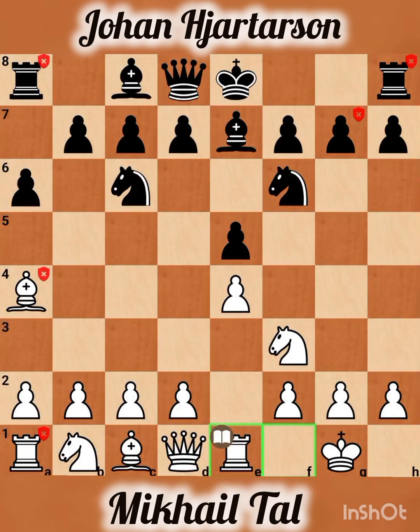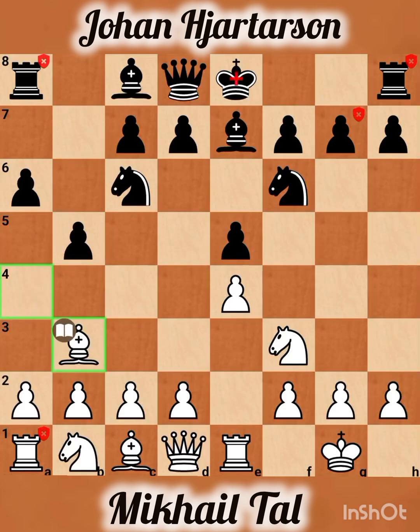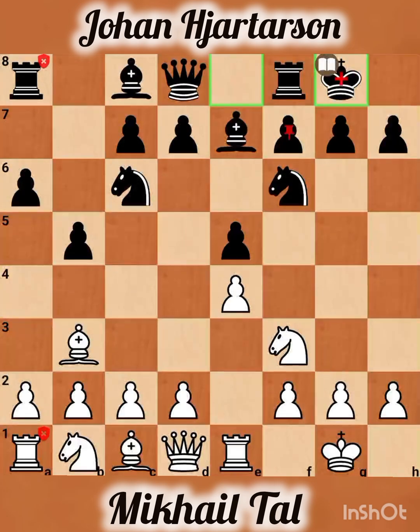Mikhail defends the pawn with the rook and puts the light square bishop to the king side, and the game continues with b5, attacking the bishop. Bishop back to b3, trying to sneak around this light square after castling to the king side, and black castles to the king side,